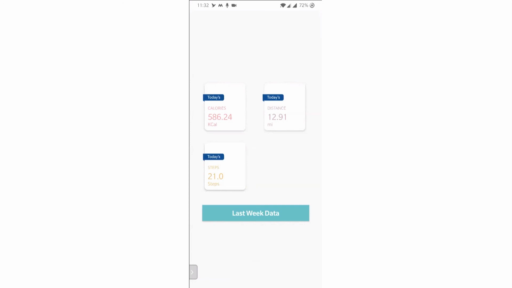I've already subscribed to steps count, so it will update as I walk. Let me start walking. Yes, so it is increasing. Yes, it is increasing in real time.